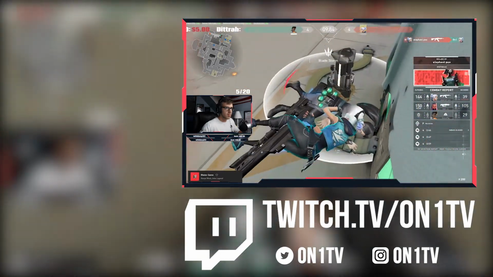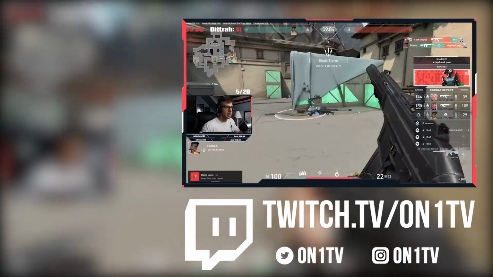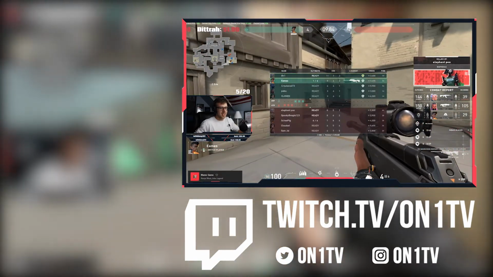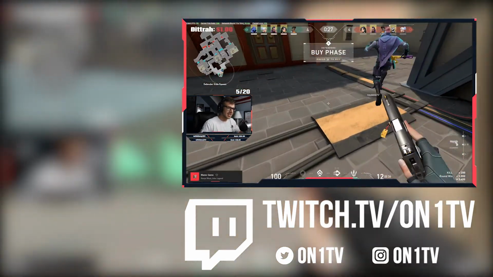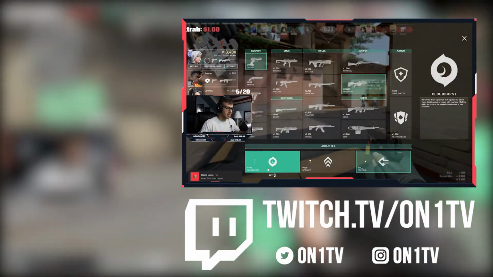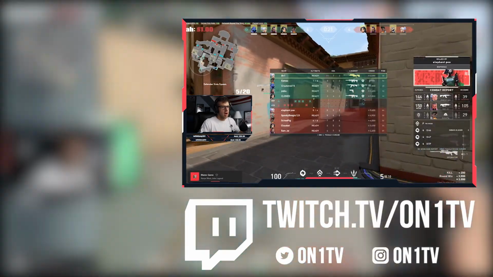Flash him. Last player standing. Oh, wow. Got him. Oh, you got it. Nice job. Half a millisecond. Thank you for that savagery. Can I get that? That was very helpful. Jesus Christ. Alright, let me get